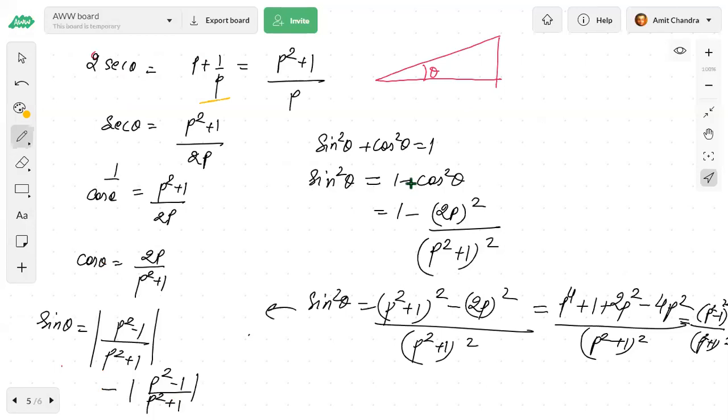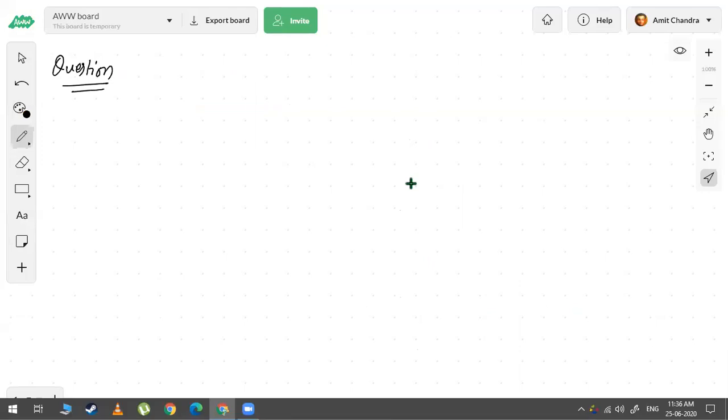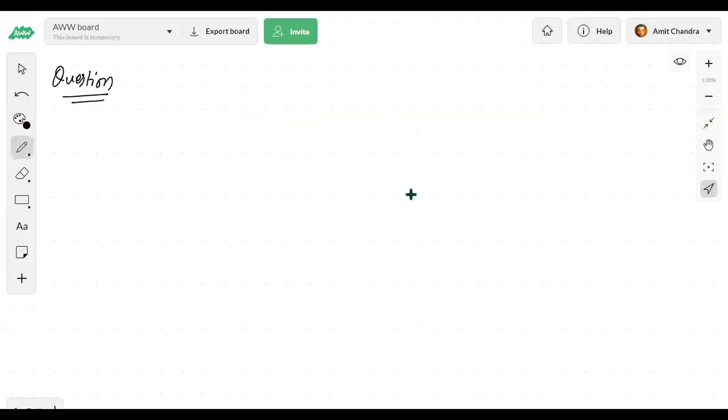Okay, there are only 3 identities in trigonometry. Identity means no matter what the value of theta is, these identities will always be true. That is the meaning of identity. And remember where the identities are coming from. Identities are coming from Pythagoras theorem. And Pythagoras theorem is a universal truth for a right angle triangle.